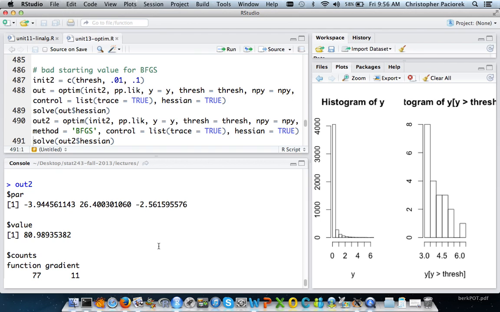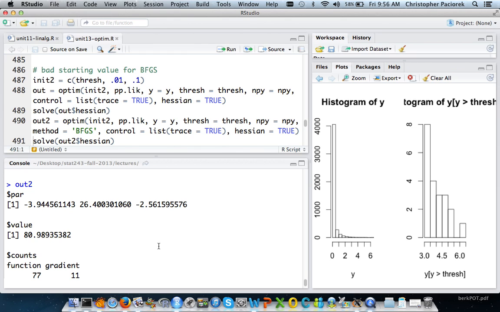I'm getting very, very different parameter estimates. The mean is said to be -4, which seems a little bit crazy relative to this. And the location is said to be -4, and the scale parameter is 26. So it's converging to some other local minimum that says the best way to describe these data is to put the location parameter way out here and have the spread, the scale, be really, really large. And if you haven't looked at these models before, this is a very extreme value for the tail, for the shape parameter. And we can see this is not the global minimum because it's worse than the previous one that we had been finding. And so if we had just used BFGS and just these particular bad initial values,